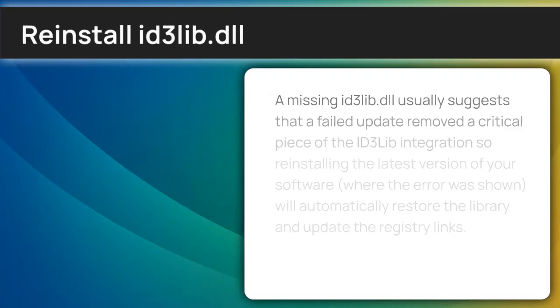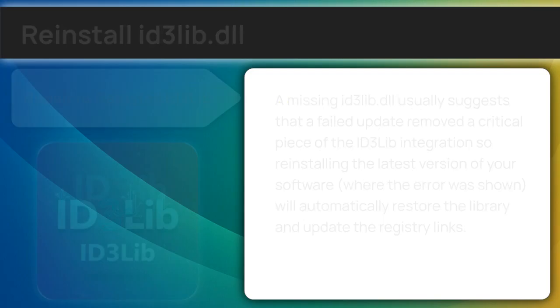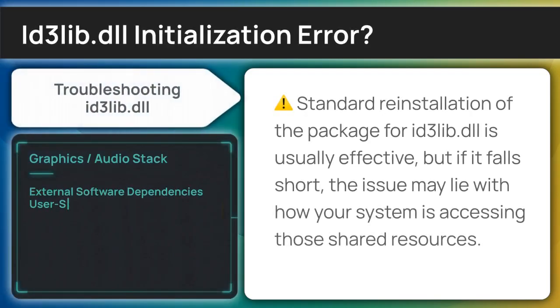A missing ID3lib library DLL usually suggests that a failed update removed a critical piece of the ID3lib integration, so reinstalling the latest version of your software, where the error was shown, will automatically restore the library and update the registry links. Persistence of this error after a clean reinstall suggests that the issue may reside within the current user